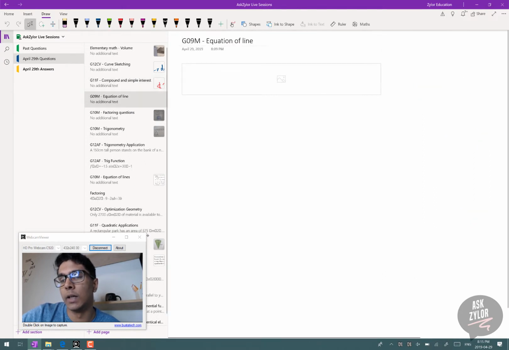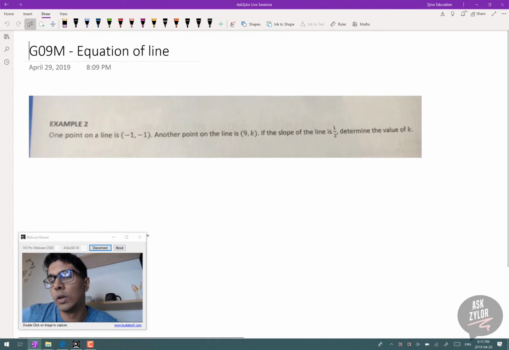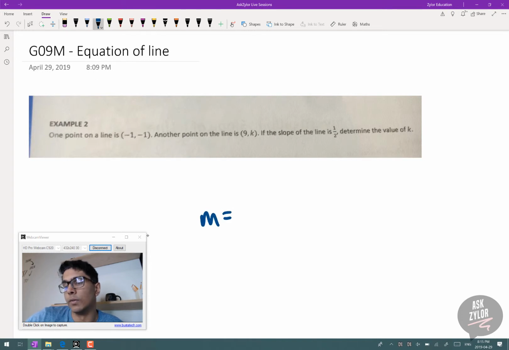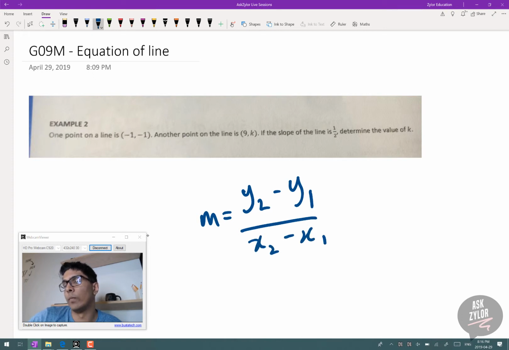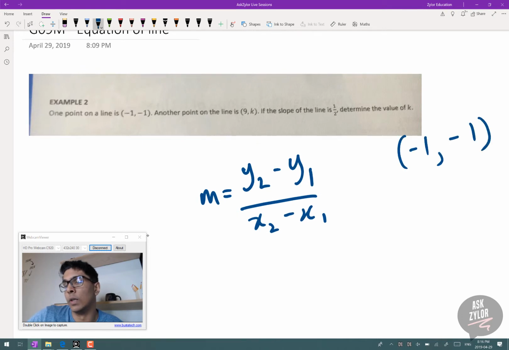So it's a grade 9 math question dealing with equation of lines. So we're asked, one point on the line is -1, -1, another point on the line is 9 and k. If the slope of the line is 1/2, determine the value of k. So we're given the slope, so we know the equation for the slope as well. It's y2 minus y1 over x2 minus x1. Right? If we're given 2 points, so we're given -1, -1, and 9 and k, we can use these 2